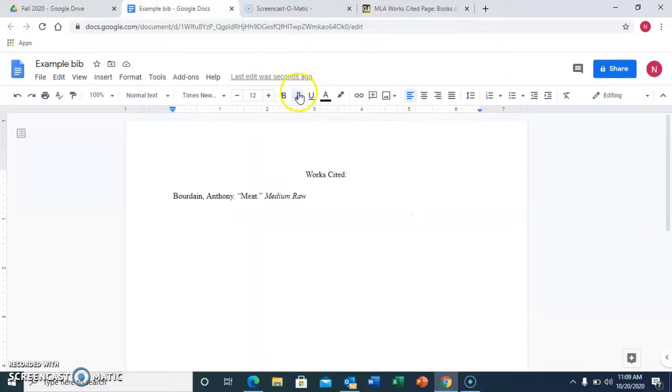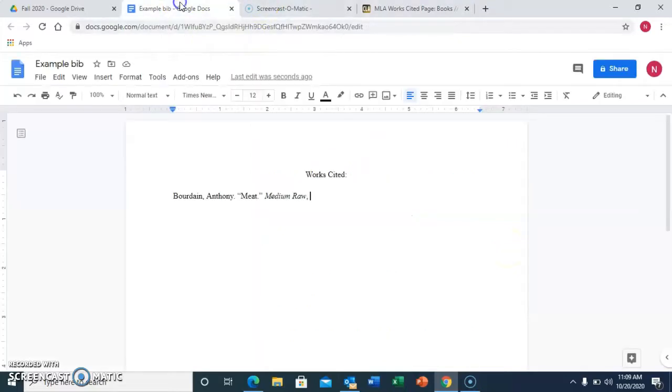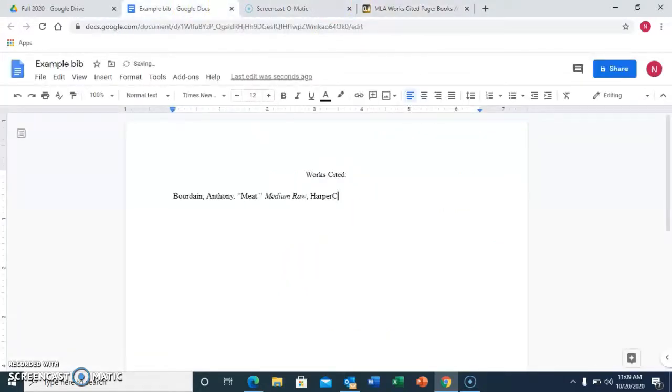So take off italics. I'm going to be skipping the editor name because this collection of essays is not an anthology, so it doesn't have an outside editor. So I'm just skipping that and going straight to the publisher, which is HarperCollins Publishing.